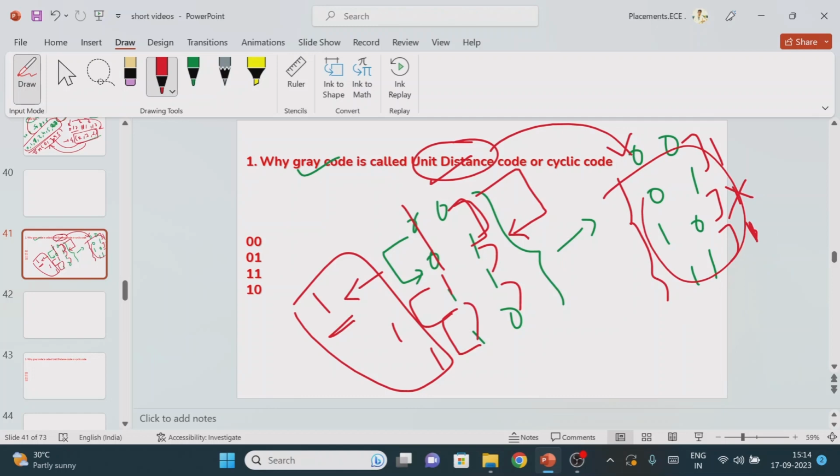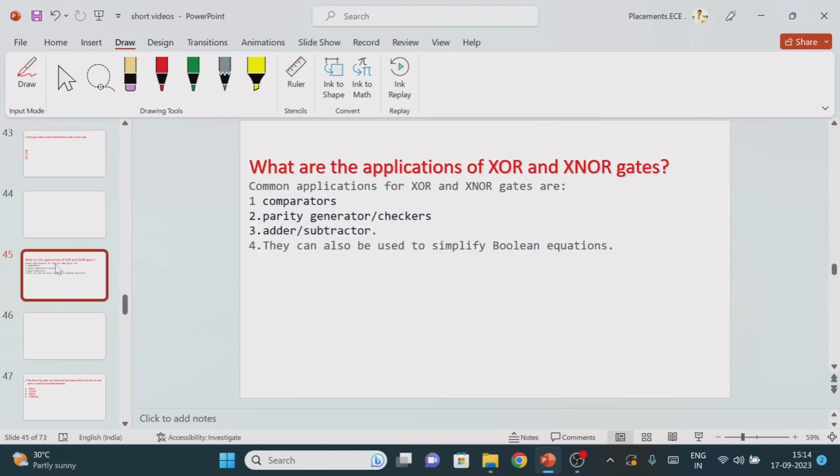So the application of the unit distance code or Gray code is to find out whether the received information is in error or error free. On what basis does this mechanism work? It follows the unit distance, which means if you compare one number with another number, they should vary in only one bit position. Yes. Now one more important question is, what are the applications of the XR and